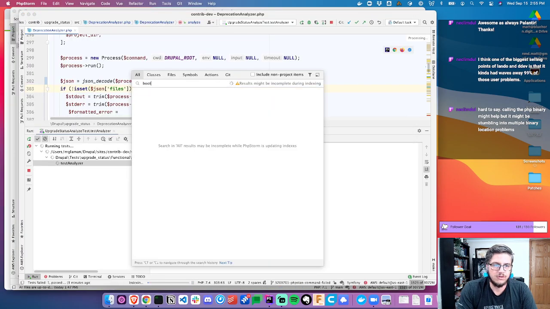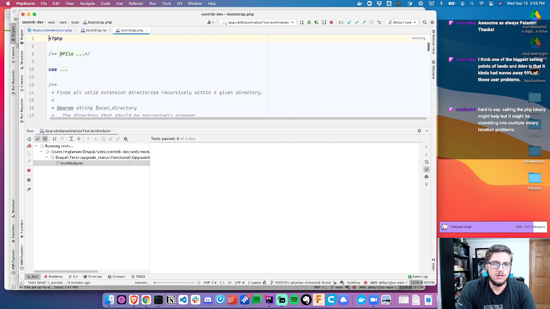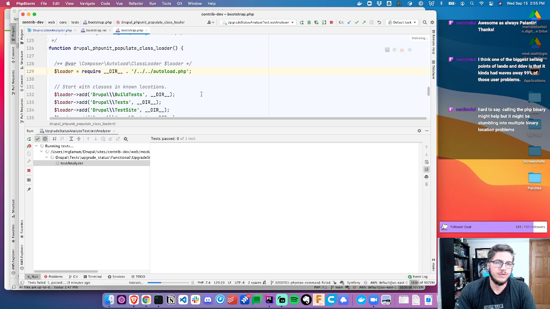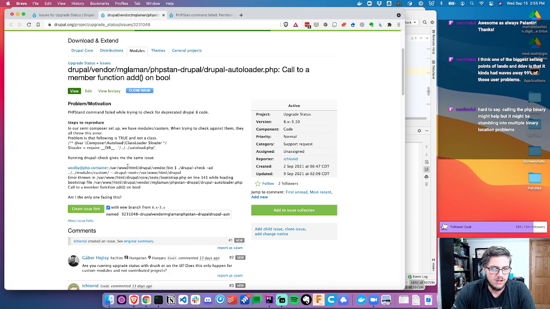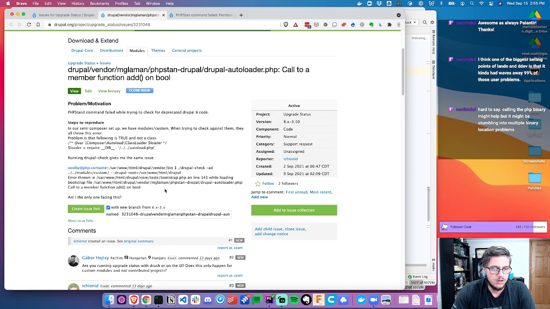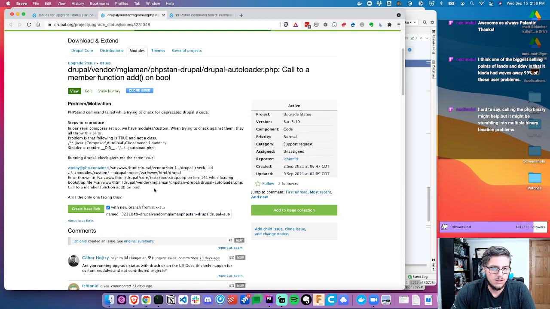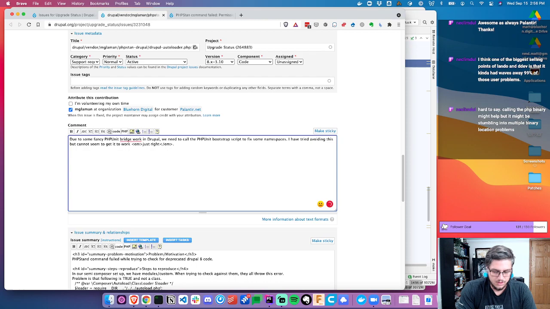So if we look at this bootstrap.php, not inc. The problem is that require, I'm pretty sure if you recall require twice, it could return true. Looks like require is returning true